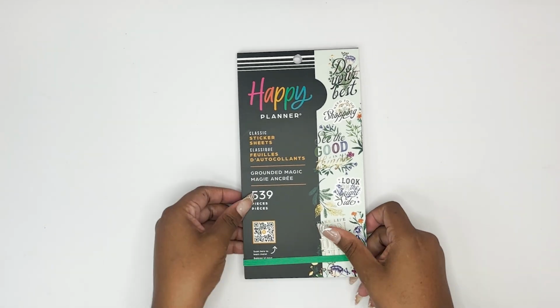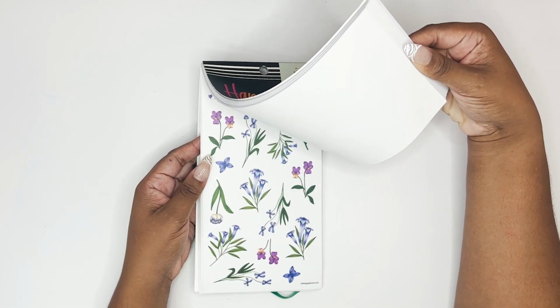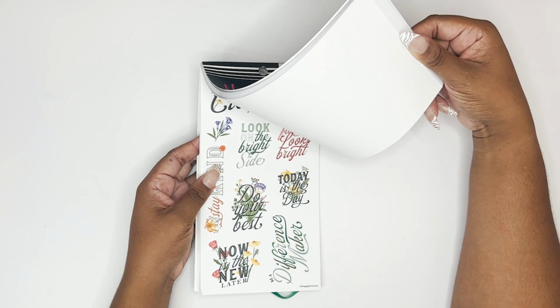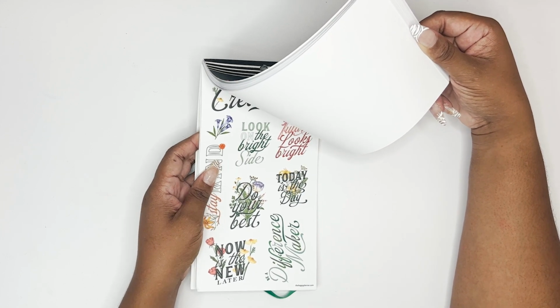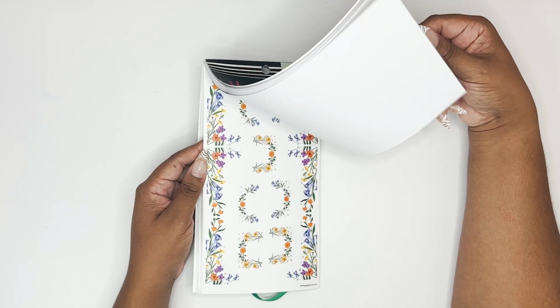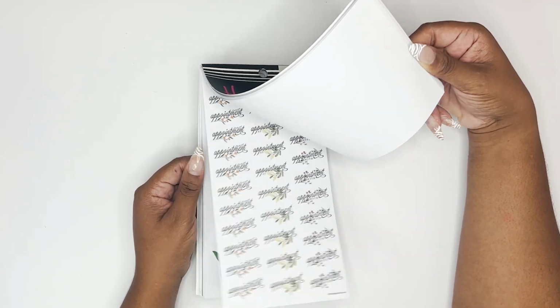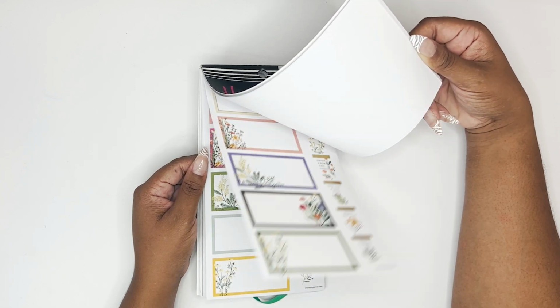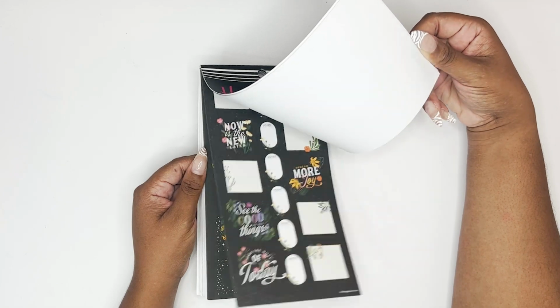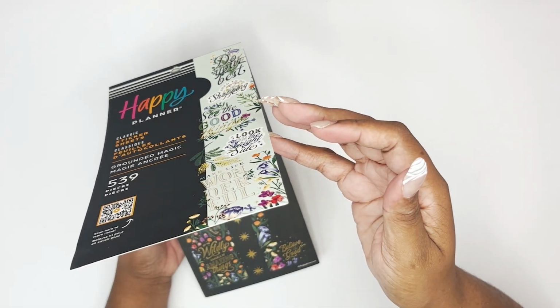I picked up Grounded Magic. So look at these beautiful flowers. They're so gorgeous. I love all of the flora books that the planners come out with. Botanicals is still one of my OG favorite books of all time. So anything that has this kind of vibe, I usually get. So look how gorgeous this is. Now this I'm not into. We probably won't be using those, but look at this. It's just really pretty. So I love that. This is much better than the last black book they came out with. I can't remember what it was called, but I bought it and then I absolutely hated it. I cannot think what that book was called, probably because I hated it so much. Anyway,